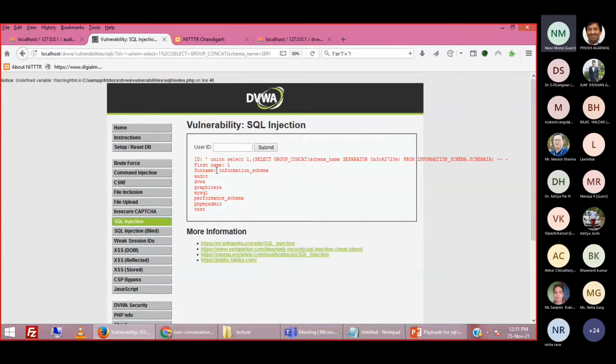So now you can see it is showing me all the different database names available on the web server. You should be very, very clear that it is not only the current database. If this website is vulnerable, it is not only showing its own database, but it is also showing other websites' databases. So you should also be aware if you are using shared hosting. Many companies and organizations are using shared hosting provided by various internet service providers like GoDaddy, BigRock, right?